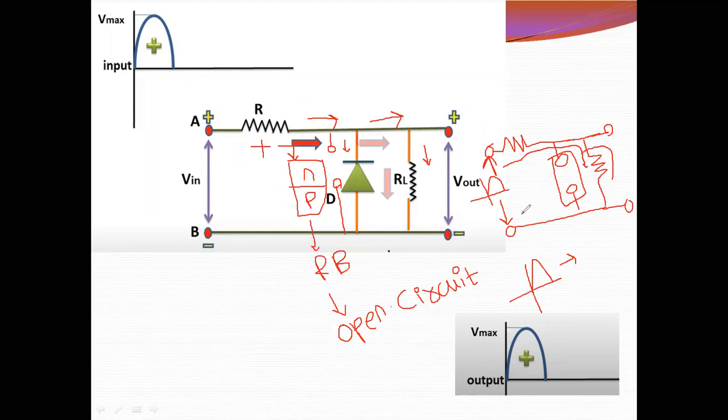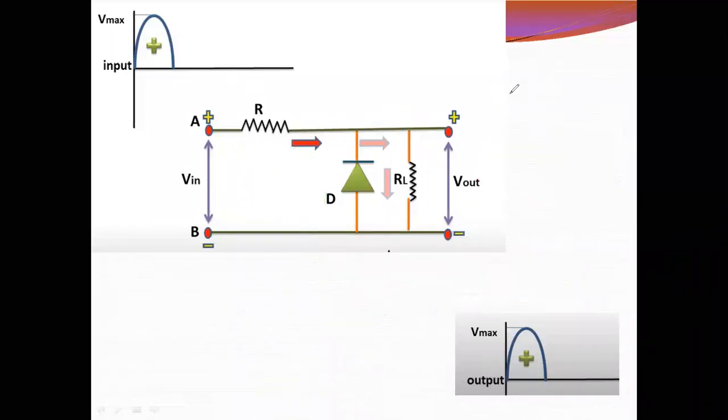If the total circuit is open, then there will be no current. Here there will be a path which is RL. The current will choose that path, and automatically we will get the output which is positive. Here we will get the output if the diode is also in the condition of open circuit. That was the difference between the series and shunt.